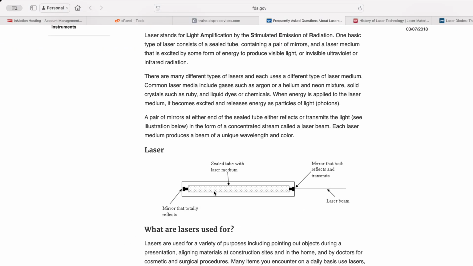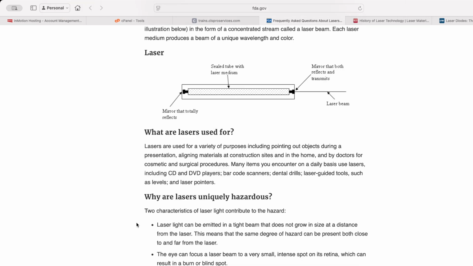So this really talks about the basics and then what lasers are used for, and they're in a lot of products, not just medical products, and not just for engraving, but CD players, DVD players, scanners, different things, laser pointers, laser guided tools or things like that. But as we know, a Blu-ray player also uses a blue laser, right?